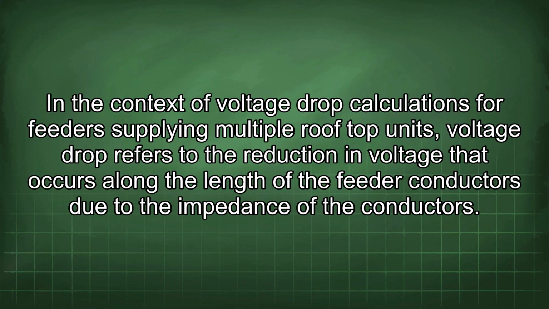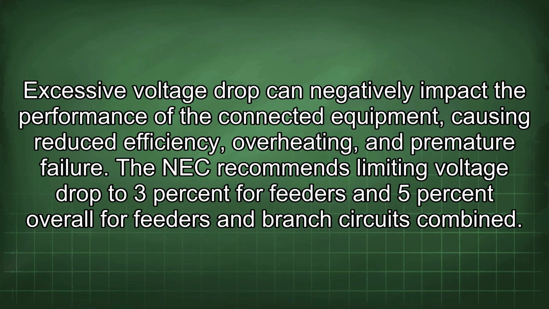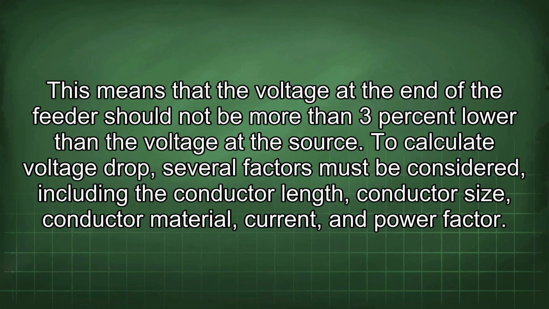correctly. In the context of voltage drop calculations for feeders supplying multiple rooftop units, voltage drop refers to the reduction in voltage that occurs along the length of the feeder conductors due to the impedance of the conductors. Excessive voltage drop can negatively impact the performance of the connected equipment, causing reduced efficiency, overheating, and premature failure. The NEC recommends limiting voltage drop to 3% for feeders and 5% overall for feeders and branch circuits combined. This means that the voltage at the end of the feeder should not be more than 3% lower than the